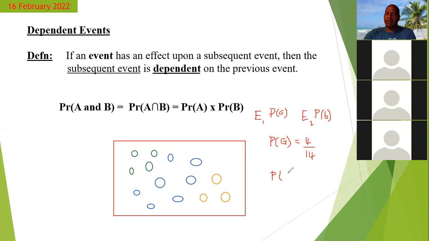That's 7 out of 14, sir. So the probability of getting a blue marble in the second event, and remember guys, we use PR for probability. So even though I'm just using P here, it's just for convenience. So PR for probability. So the probability of getting a blue marble